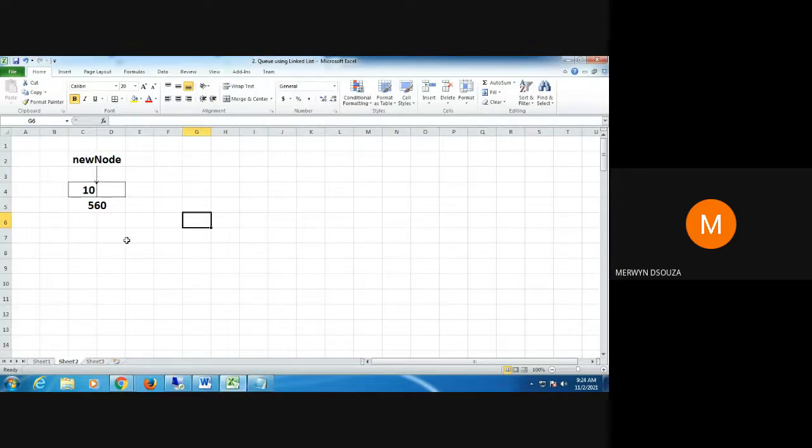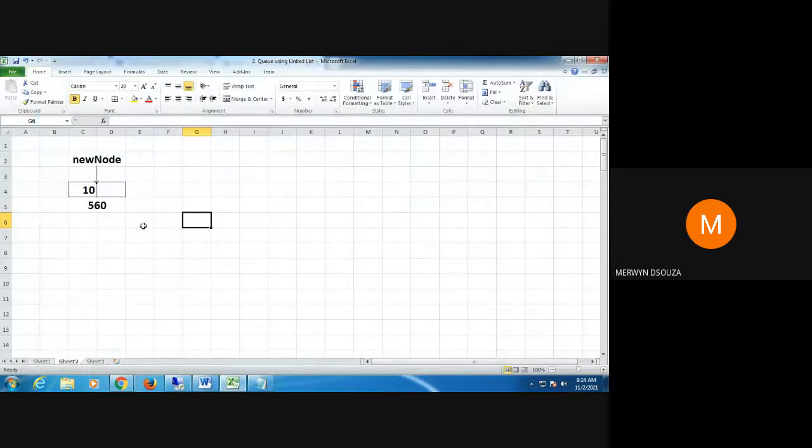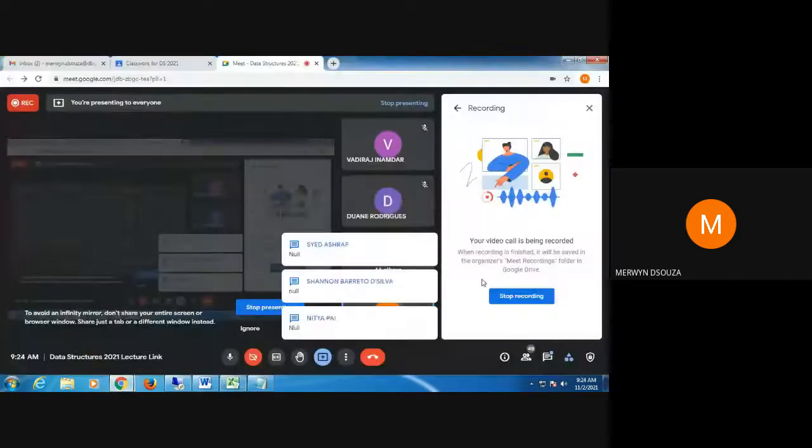Now, remember what we are doing here is a queue. We are not implementing just a single linked list, but this is a single linked list also: a queue as a single linked list. If this is going to be our first node and also our last node, what should be the value in the next part? Can you tell me? This is going to be the first node of the queue, and also the last node of the queue. So what should be the value in the next part?